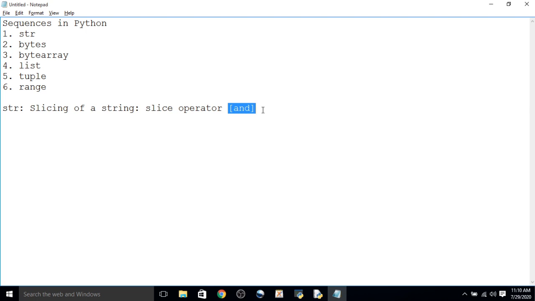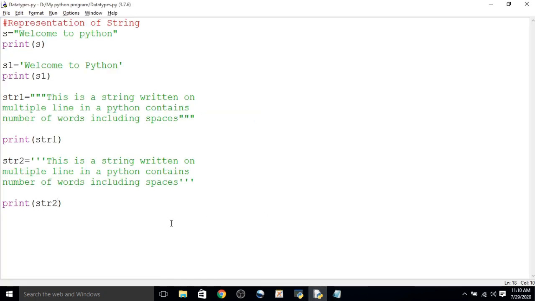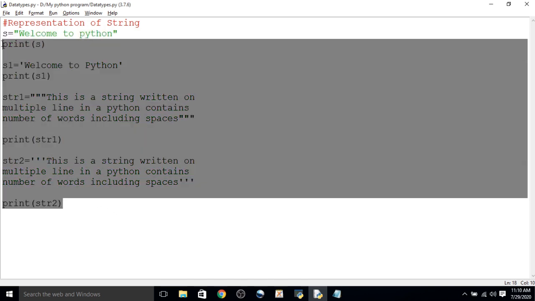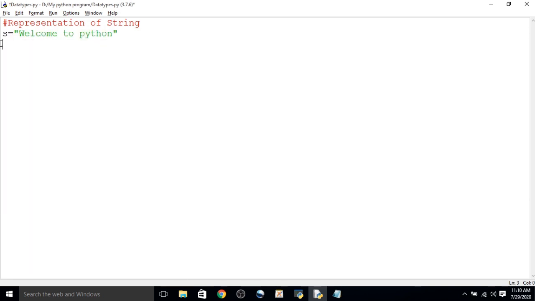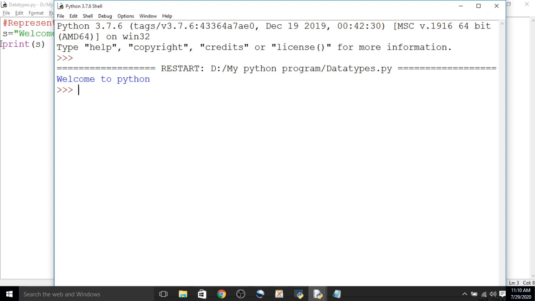Now we have to see one example. Suppose s equals "welcome to Python". If you display it with print(s), we get the output welcome to Python.